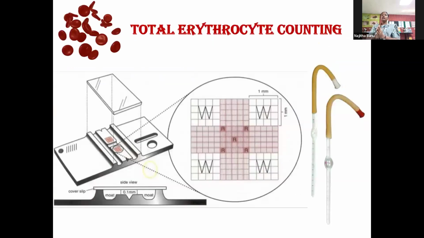Now this is about some basic information about RBCs, your red blood cells. Now we will start how to count the total RBC present in your blood. You can see some diagrams here. The instrument we use is called the Neubauer counting chamber. So instead of showing the diagrams, I'll go for the live session so you can get the information more crisp and clear.